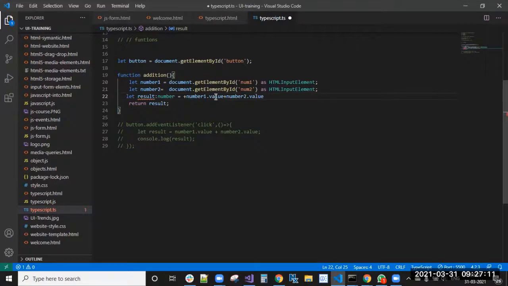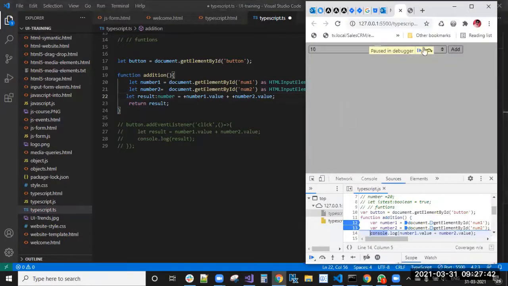If you add plus in front of these values, actually as per ECMAScript, if 10 is of type string and you add a plus symbol in front of it, it will automatically convert it to the number type.